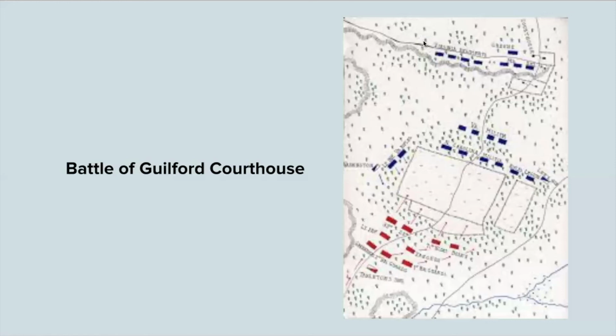One British statesman said, quote, "Another such victory would ruin the British army," as nearly 25% of Cornwallis's men had been killed, wounded, or captured in the effort. This meant that Cornwallis was completely unable to pursue Greene's army, resulting in yet another Pyrrhic victory